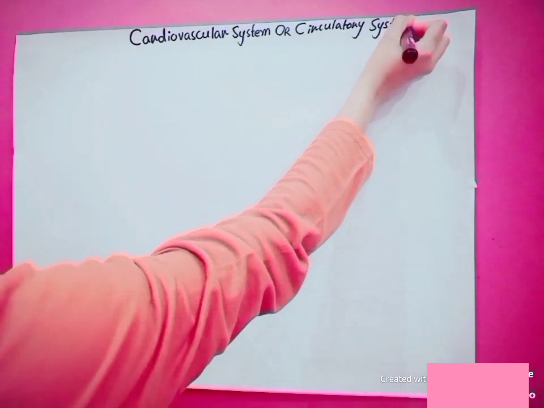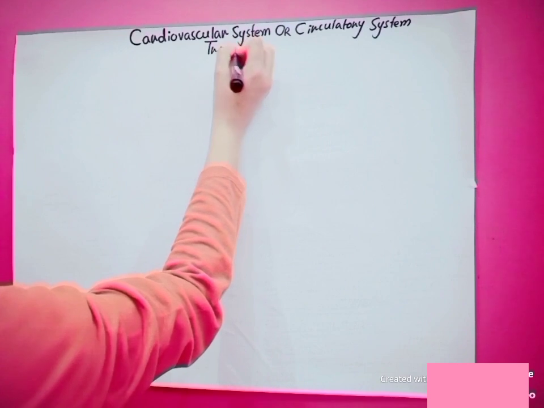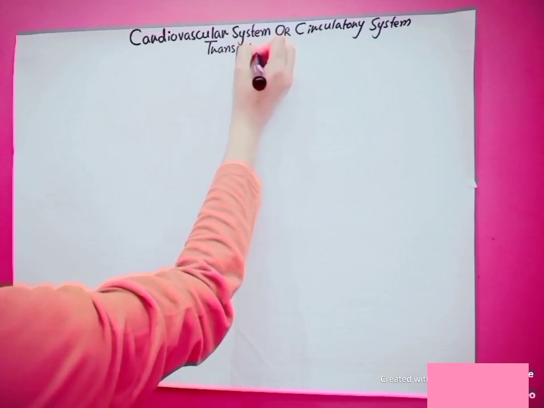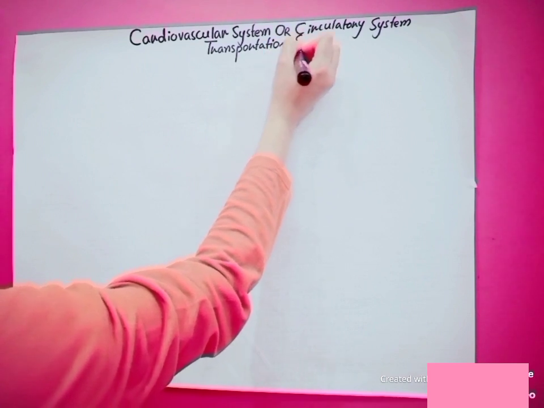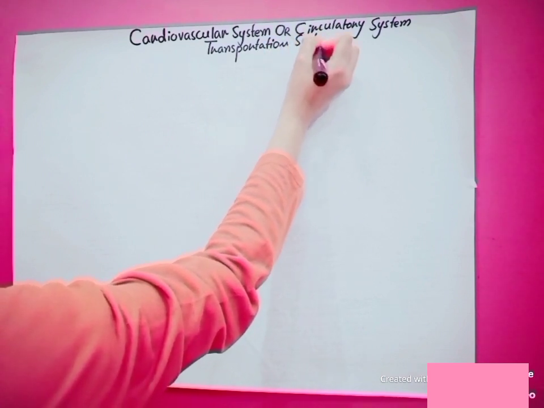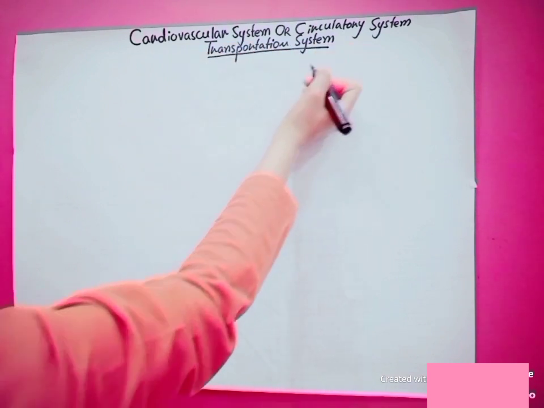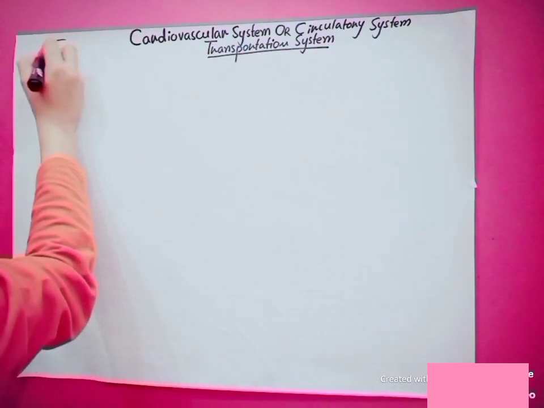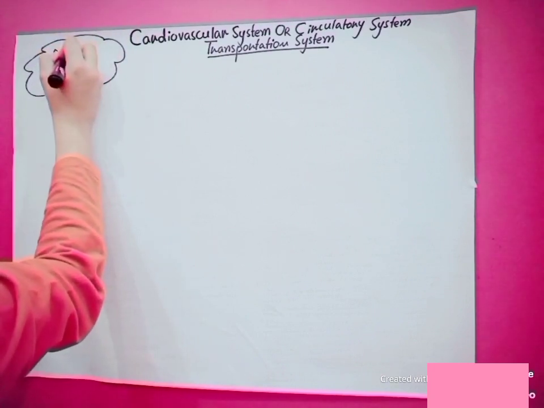This system is also called transportation system. The cardiovascular system has three major structures: